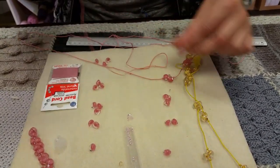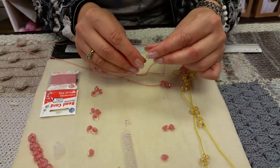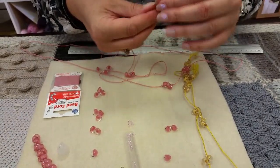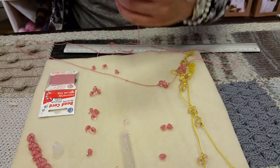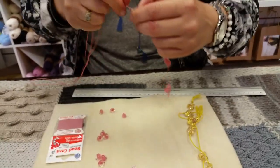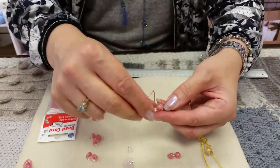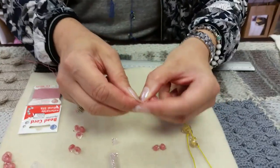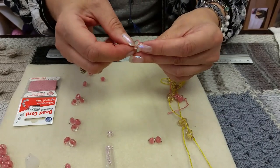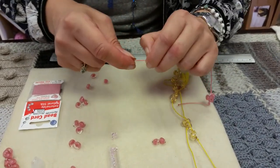Get the crystal over. I'll put 3 of them. One of them, and again just push it all down, quick and easy, and again over the head knot. And so there we go. We have only 2 more sections to do for this side,